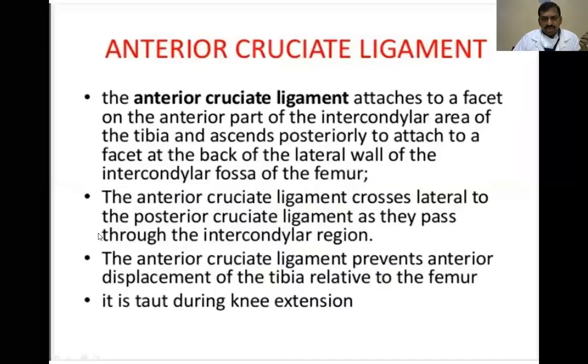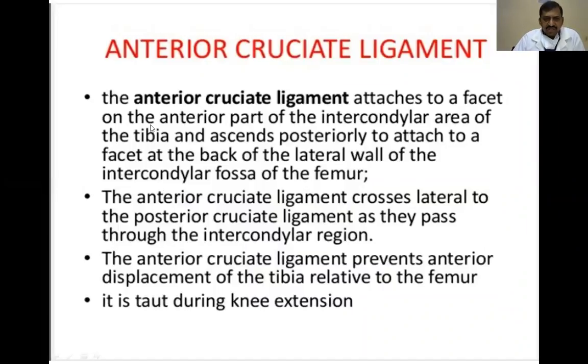Next, the anterior cruciate ligament in detail. The anterior cruciate ligament is attached to the facet on the anterior part of the intercondylar area of the tibia and ascends posteriorly to attach to the facet on the back of the lateral wall of the intercondylar fossa. So the anterior cruciate ligament goes from anterior to posterior like this. Then it attaches to the femur, at the lateral wall of the intercondylar fossa